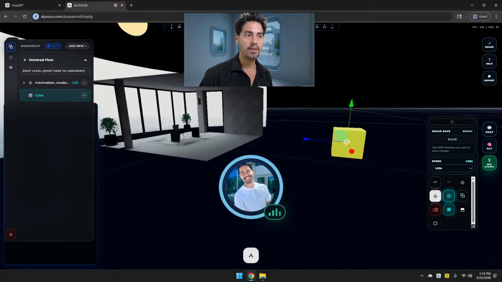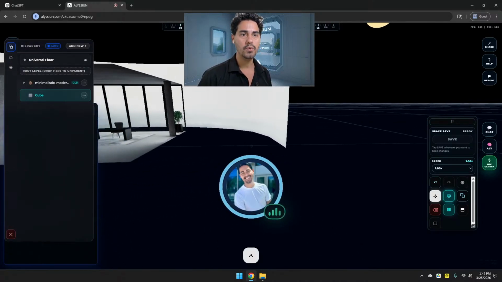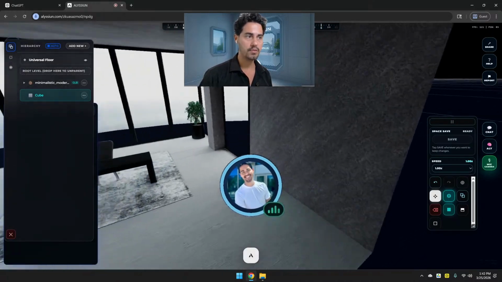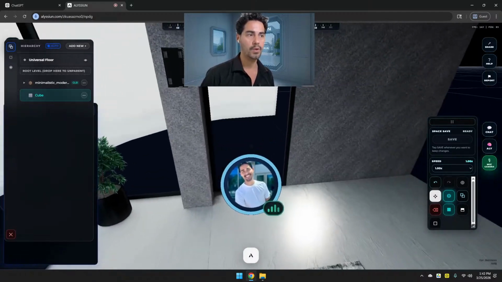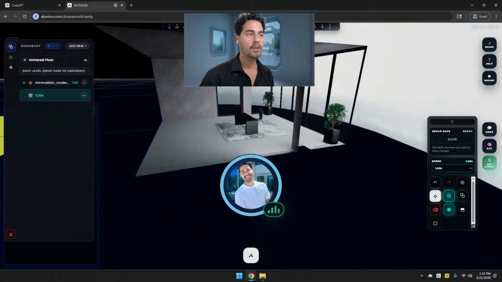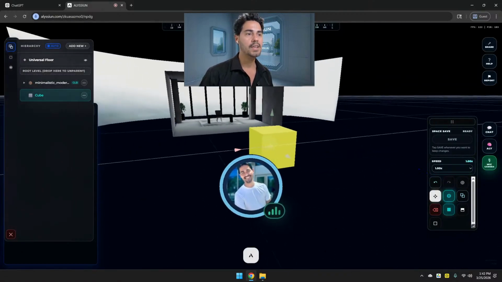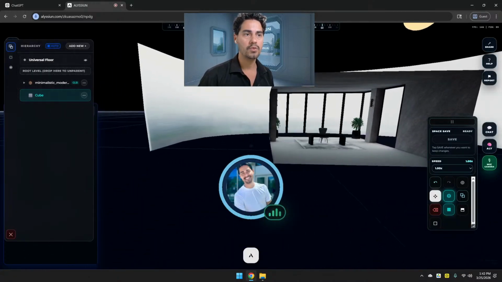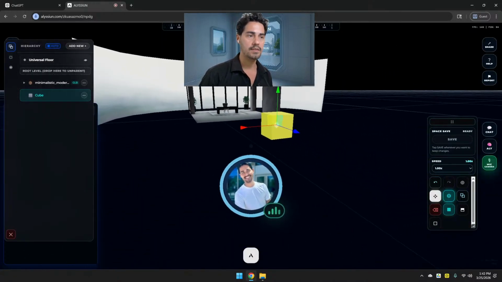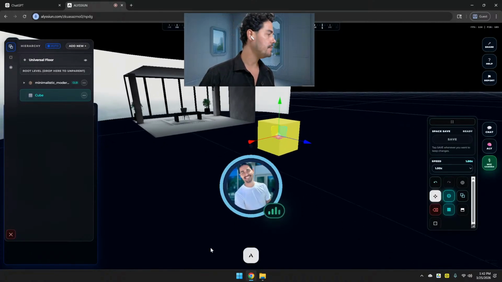So you can have a really big space in here, but every time you switch to another space through portals or walls, you can create, for example, a wall here, and when the avatar crosses over, it is going to teleport automatically to the next space. So there's no limitation, in reality. That's really cool. You can create really big spaces inside of ALYSSIUN.